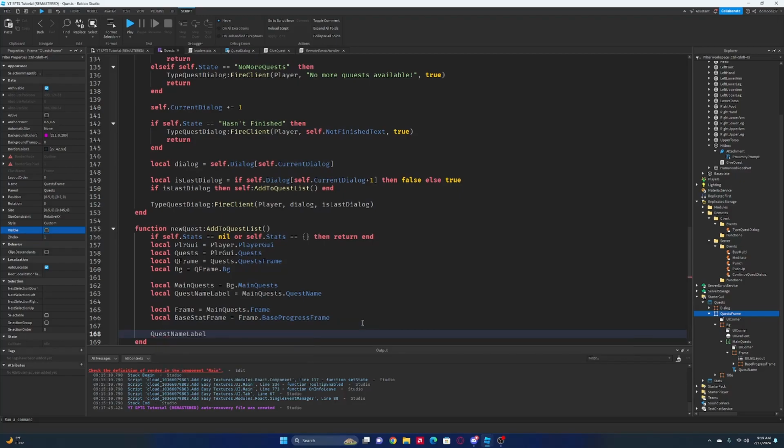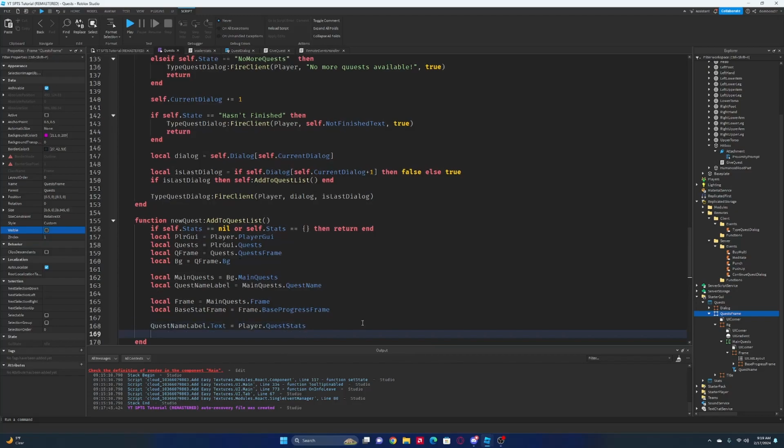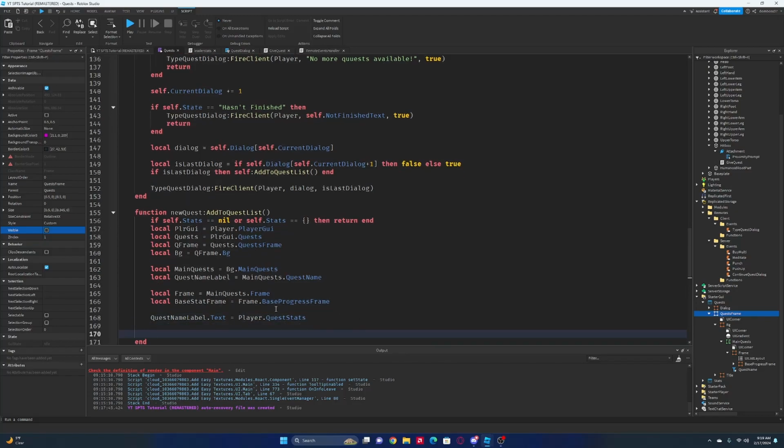Quest name label dot text will be equal to player.questStats. Or actually, wait. Quest name label dot text will be equal to self.name. We'll do stats folder, is going to be equal to player.physicalStats,